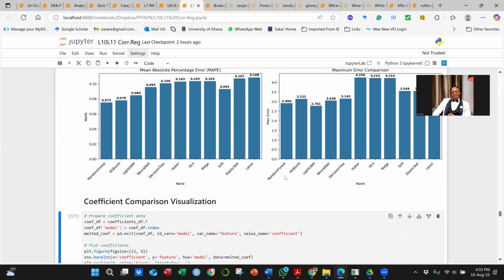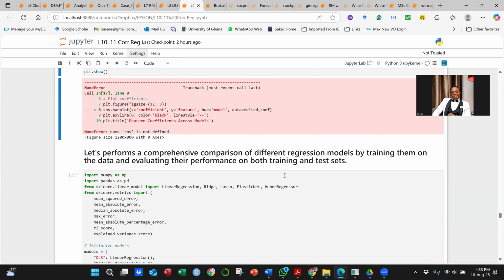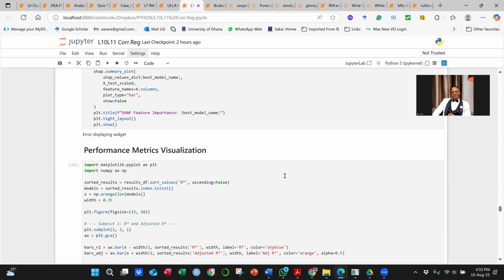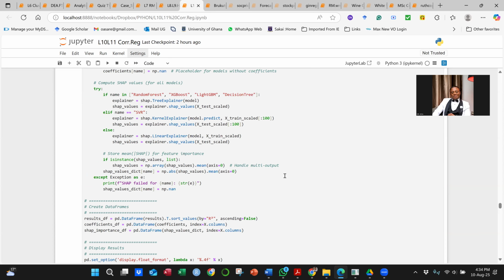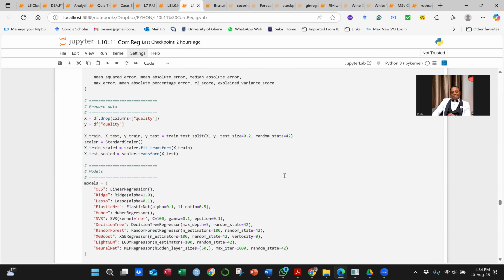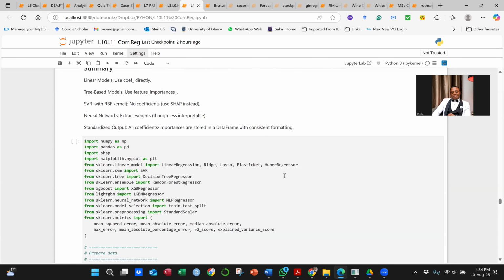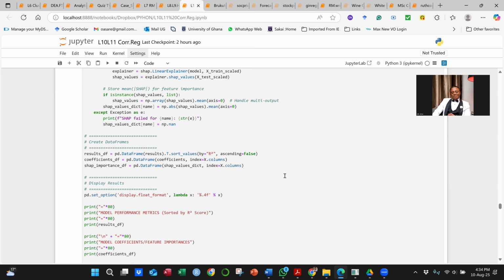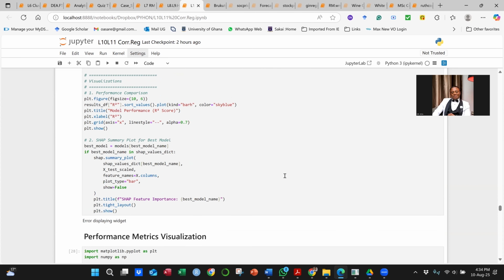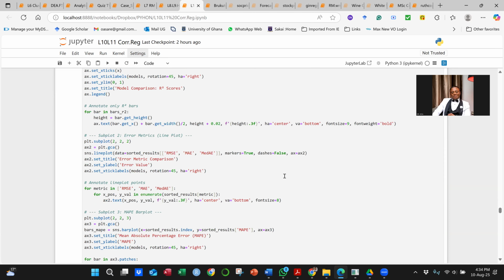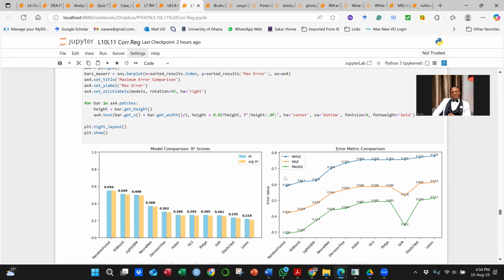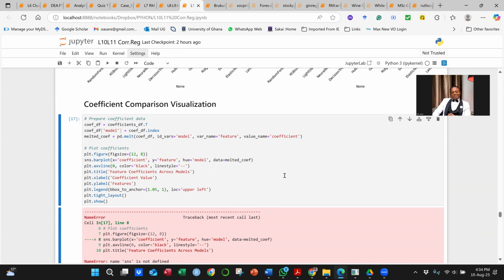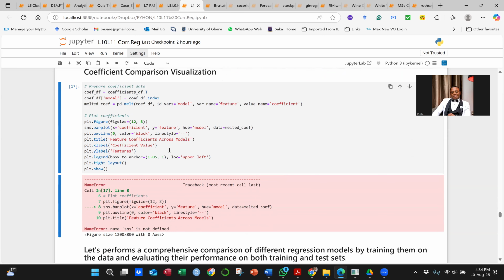Okay. There was a code I was running to show you guys something. I've forgotten the code. I was running a code for the coefficients. Oh, yeah. And it says that I don't have what? sns.